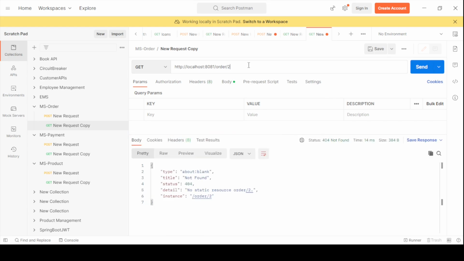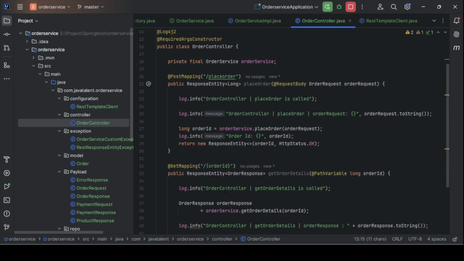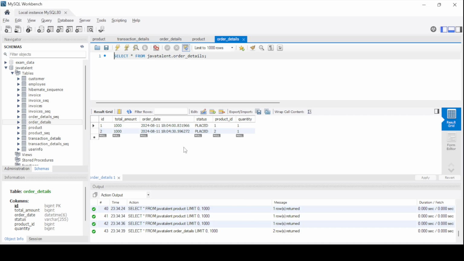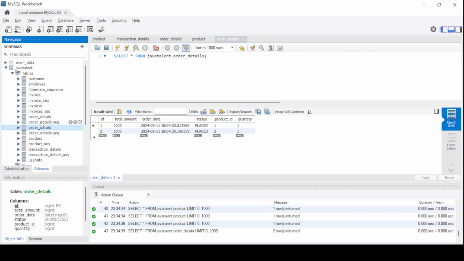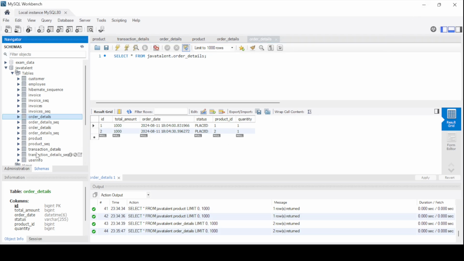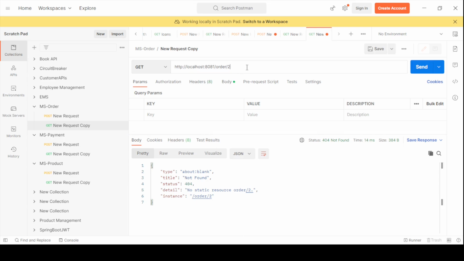1 and 2. One second, let me see it, slash order ID. It is taking that. Total quantity, quantity, product ID, order ID. Order ID is 101. Okay, so let me